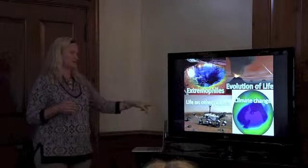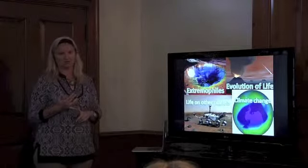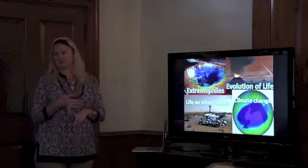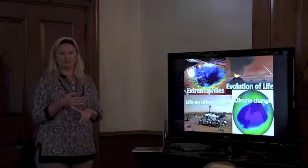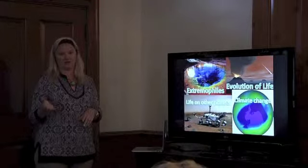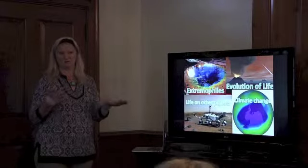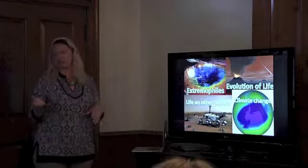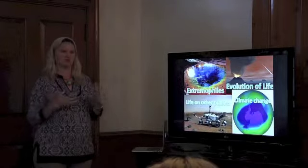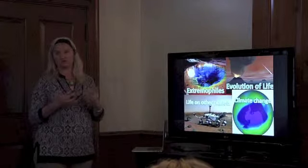And then there are analogs for life on other planets. Particularly, the dry valleys are used as an example of what life might be like on ice-covered moons like Titan. There's evidence that there are ice-covered oceans on some of these moons, and the dry valleys and the dry valley lakes are probably the only place in the world that most closely resembles what those environments would look like. So again, looking at life there and how it deals with these extreme environments, and the diversity of what's there,